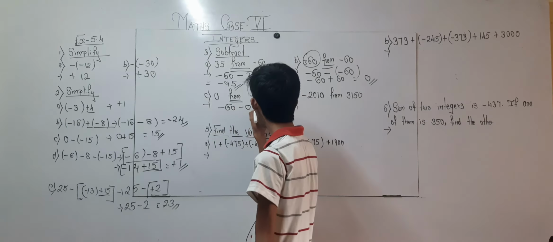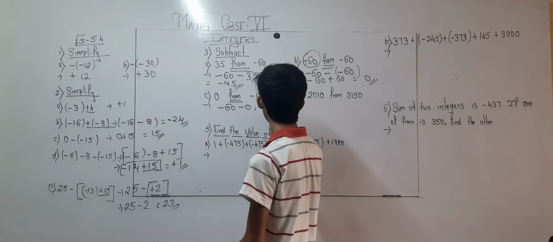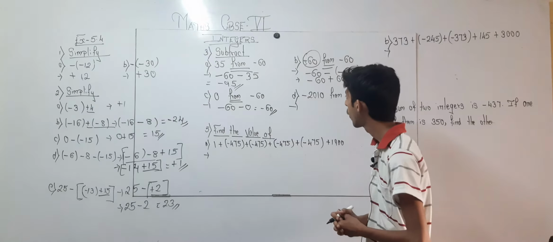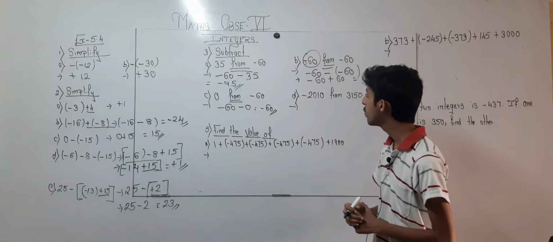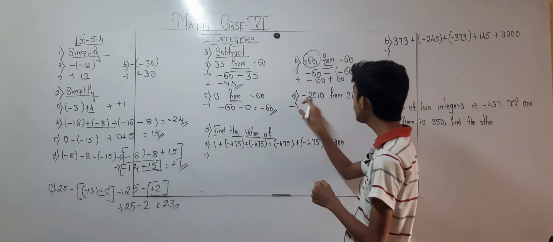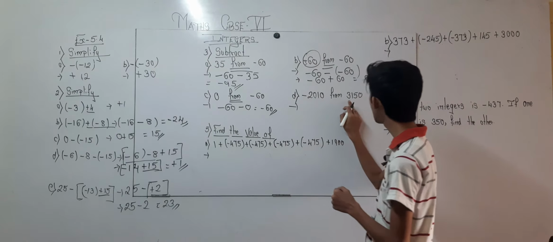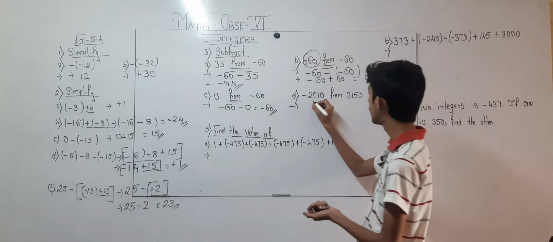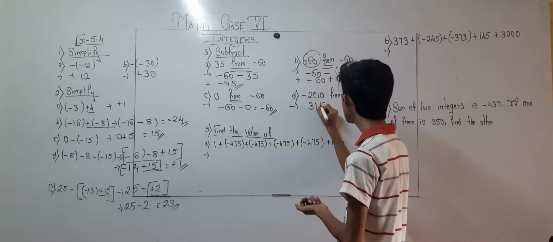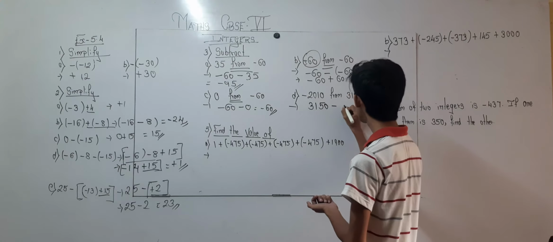So the answer will be minus 60. Okay. Now moving on to question number D. Minus 210 from 3150. So 3150 minus of minus